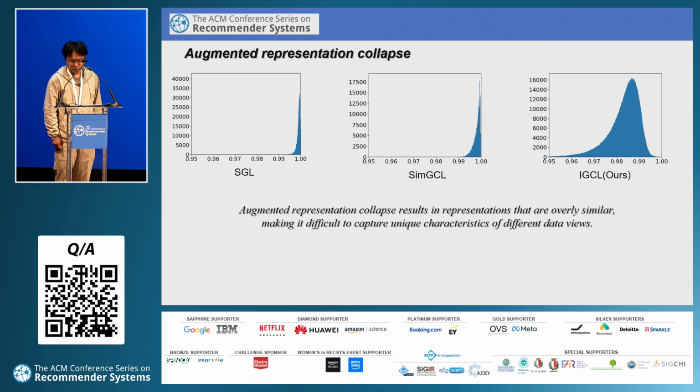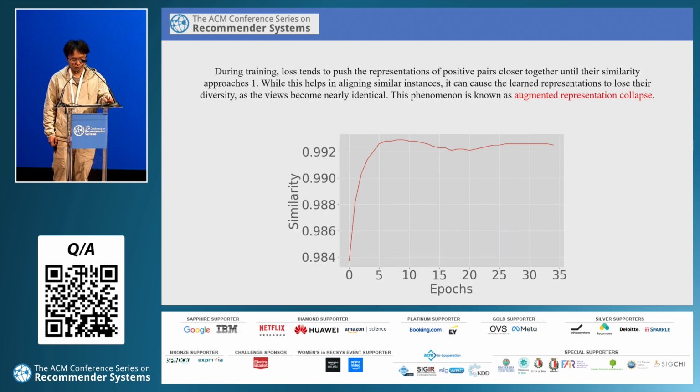In this picture, it compares the similarity distribution of the typical graph contrastive learning method, SGL, and the same GCL. In the picture, we can see that they tend to produce highly similar representations for the positive users, resulting in